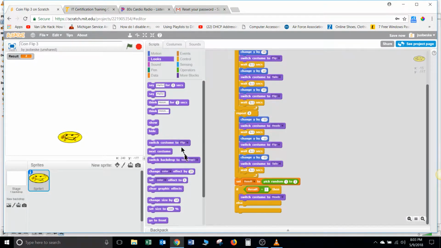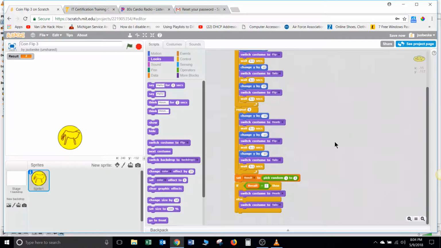Else, let's have it switch to costume tails. And we should see every once in a while, it will never land on flip. There's heads, and you can see whenever you make a variable, it will tell you what the result is, and we can make those non-visible too pretty soon. Oh, there we go. So we got a randomness that goes heads and tails, and now we just got to put in a thing that says